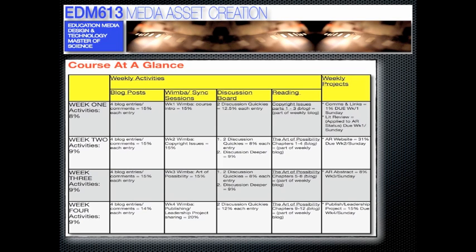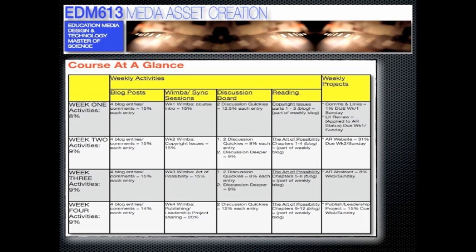Chapters 1 through 4. All these weekly activities are also, when you click on the weekly activity and you scroll down a little bit, you will see a nested area where all of the actual explanation and detailed things about these weekly components are explained right there. So